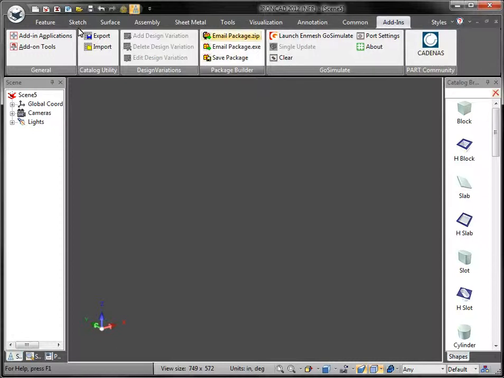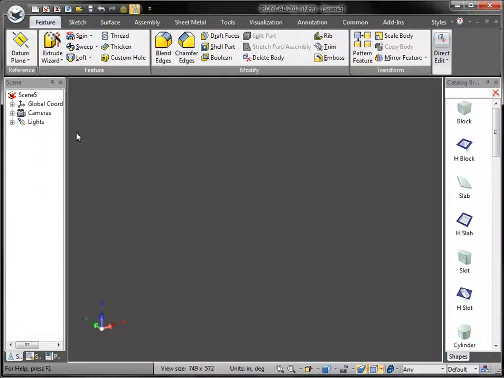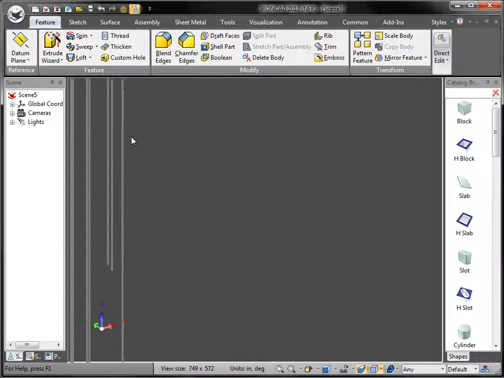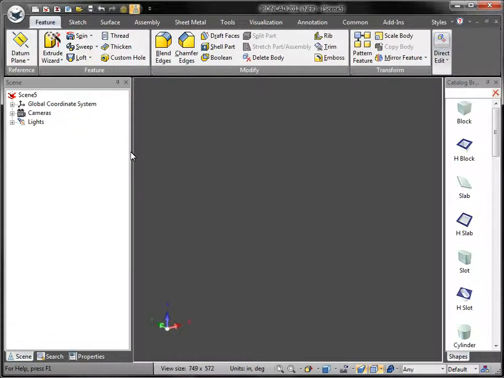Alright, so that's pretty straightforward how you navigate through here, right? Along the left here, I'll just browse. If you want to stretch this out, typical Windows, just grab the window and pull it out, and you see we have 3 tabs down here. The Scene tab basically is your history structure